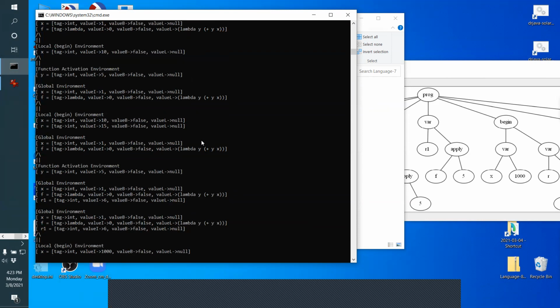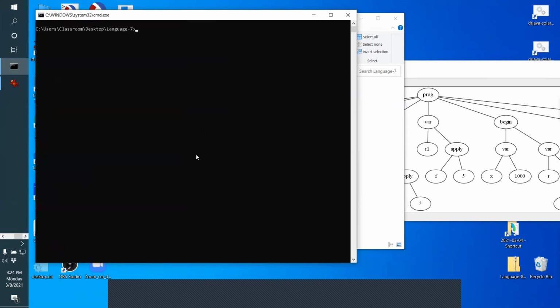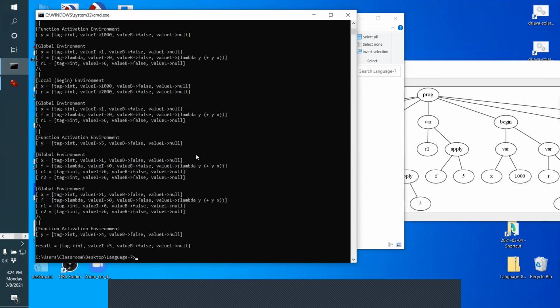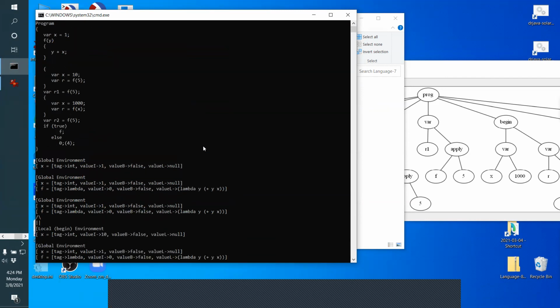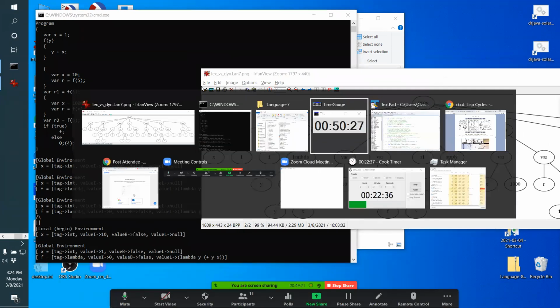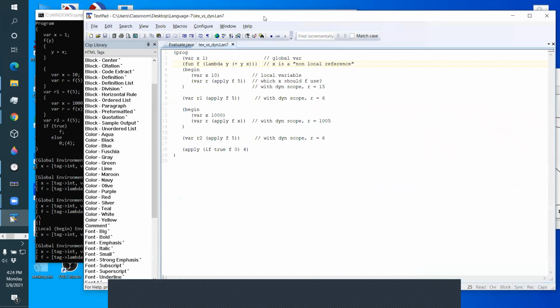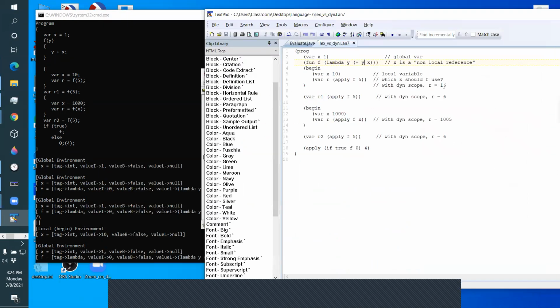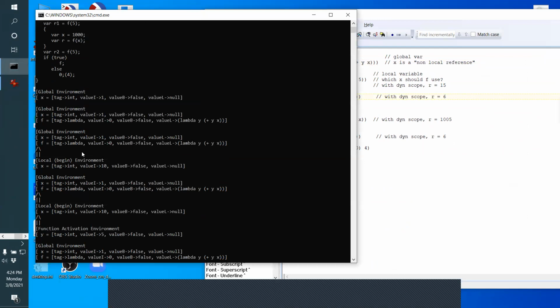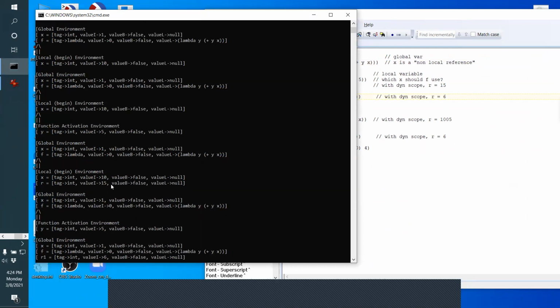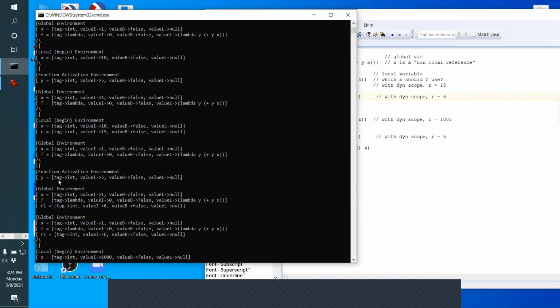Let me clear the screen and run it again. Now, we said what the output should be. If we're using dynamic scope, we know that R will be 15 here, but R will be 6 here. Let's just look for R right away. 15. See, there, R is 15. That's that R there. Then the next R, the next block,